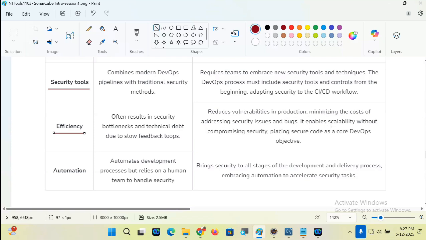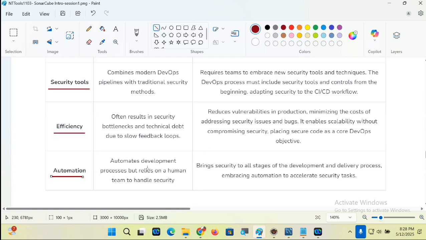It enables scalability without compromising security, placing secure code as the core DevOps objective. Your security is involved in every phase now, boss. When you are scaling the project, I need not think about security as a separate process, right? I need not think about what? Security as a separate process. Are you getting my point there or not?